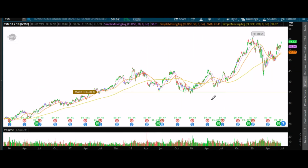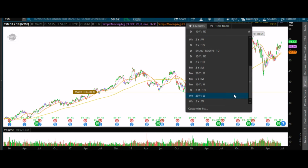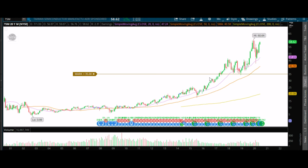Let's take a look, what a great long-term chart this is. Slow and steady. It's always good to look at different time frames when you're charting. Mostly I'm looking for day trade information for day trading, but it's still good to have the understanding of the long-term chart as well. And I'm sure a lot of you are also buying and holding, so you want to be able to look at the long-term charts. Looks like I have an alert set here at 35